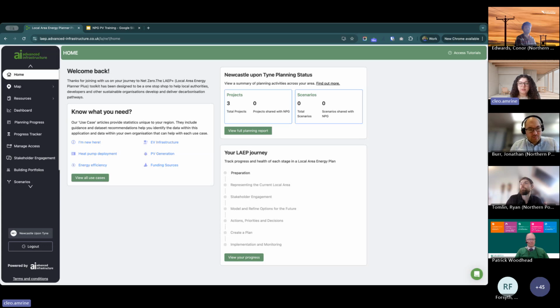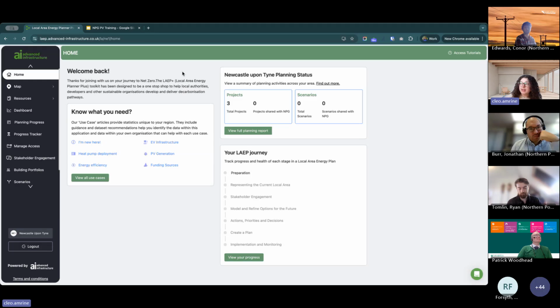So hopefully we're going through a couple different options to cater to different teams who might be on the call today. The first one is going to be focused on identifying homes for a domestic rooftop PV project at quite a large scale. So looking at how we could identify a large number of domestic properties that might be suitable for rooftop PV in this imaginary scenario. And then the second use case is going to be a non-domestic project, looking at local schools. We're in Newcastle on LAEP Plus at the moment, so we're going to be trying to find one school to pick for a non-domestic rooftop PV deployment project, where we'll be looking at quite a large array of solar to deploy onto a single school.